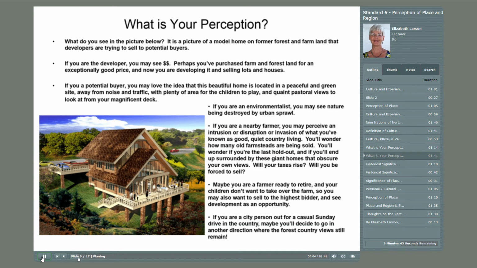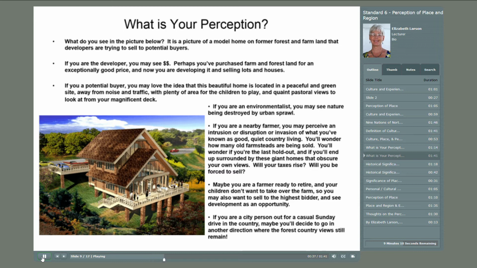Another example of the perception of place. What do you see in the picture below? It's a picture of a model home on a former forest and farmland that developers are trying to sell to potential buyers. If you are the developer, you may see dollar signs. Perhaps you've purchased farm and forest land for an exceptionally good price, and now you are developing it and selling lots and houses. If you are a potential buyer, you may love the idea that this beautiful home is located